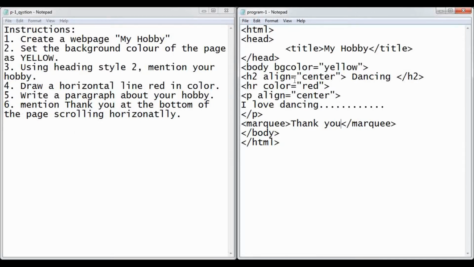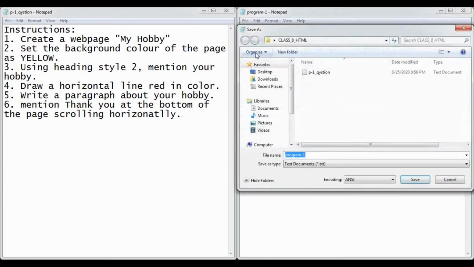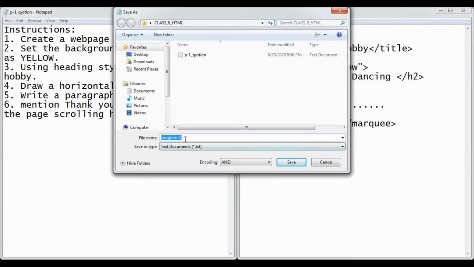That's it. This is how you write a program when the instructions are given. So it's very simple. Just read the instruction carefully and automatically you will get the tag which you are supposed to use, because HTML tags are really very simple to understand and use. Once you are done writing the program, you can save the program. Just click on save as, go to the folder where you want to save it, give the name of the program, and after the name of the program you will give .html extension. Once you give .html extension, change save as type to all files and click on save. Your program will be automatically saved.